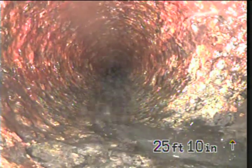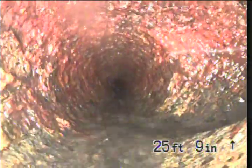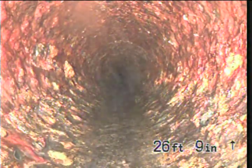There's another Y coming in right there. I don't know if there's anything on that one, but it seemed to me the blockage was in this vicinity. Somewhere, it seemed to be a bit after this, because I remember 28 feet is where I was past it, but 24, 25 is where I was fighting it. But I don't see any. This looks like a normal pipe. We've got just a little trickle of water running down the bottom of it. It is a very typical looking